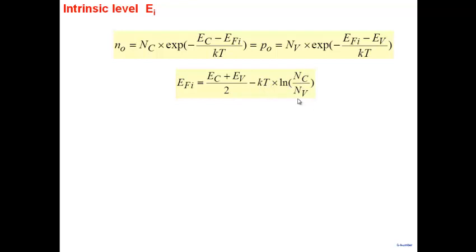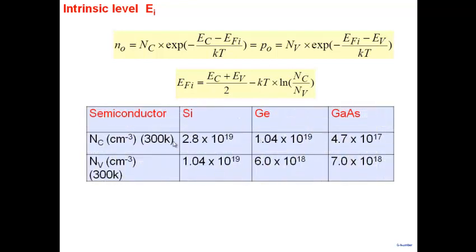Now, Nc by Nv are so close to each other: this is 2.8 times 10 to the power 19, and this is 10 to the power 19. So we are talking about kT ln of 2.8. That's a very small term, and most of the time we just forget about it. We ignore it, and we say, note here, all the values that are given here, 2.8 and 1.04, Nc and Nv are all very close to each other. So this term that you see here is small. If you want to be accurate, you can go ahead and calculate that, but most of the time we'll say